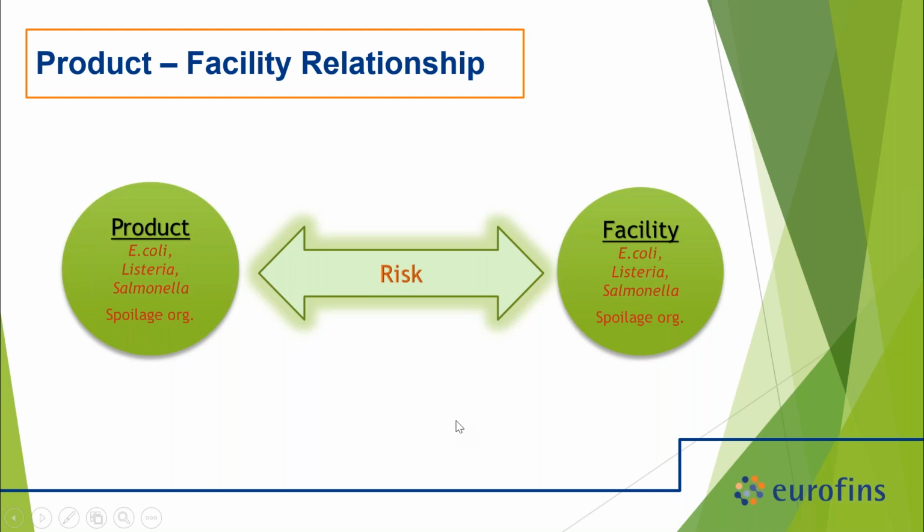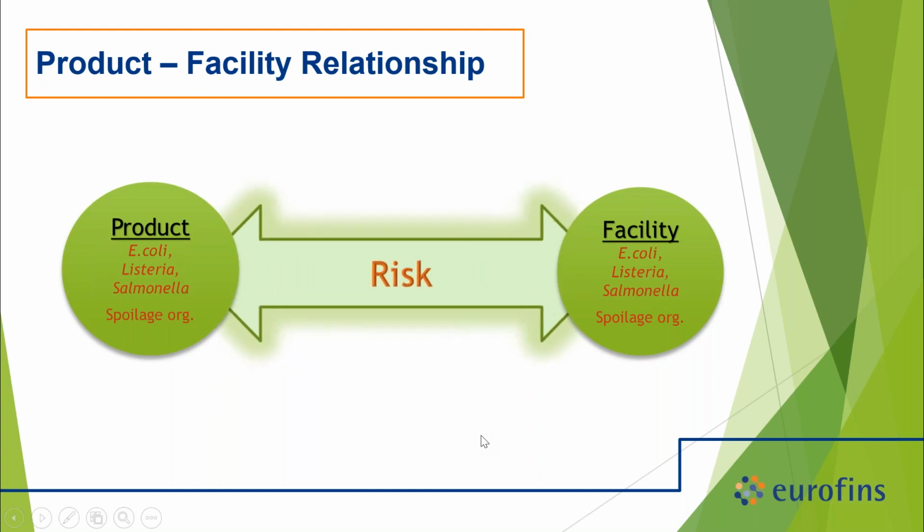And then our facility, if we don't manage our programs well, our sanitation, our good manufacturing practices, et cetera, can become a risk to our product. And because we don't have a kill step, it's a very critical relationship to recognize that it is bidirectional. If you bring in dirty product and or just regular product that has soils and leaves and all these different vegetable matter products, you could also be bringing in what is a dirtier load to your facility.